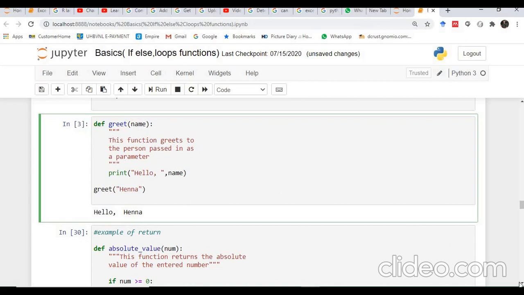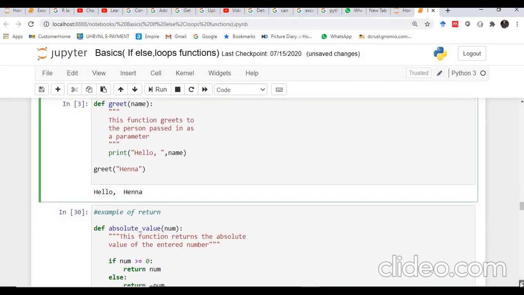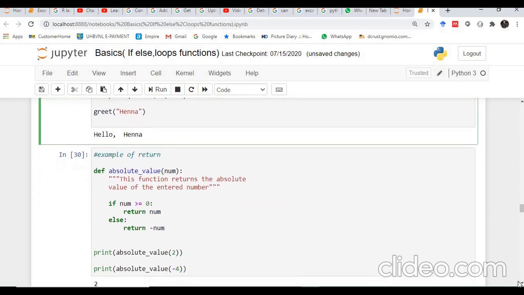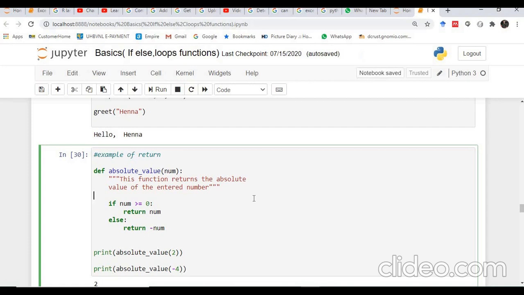Then, moving to the next example, where we can return some values from the function. By returning a value from the function, we mean that after calculation or execution of the function, it returns some value back to the statement that is calling it.